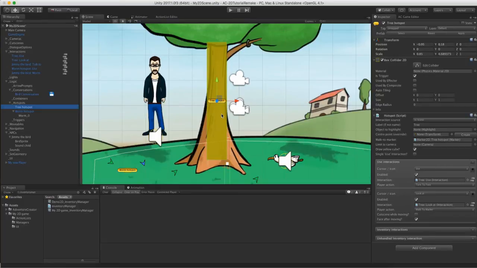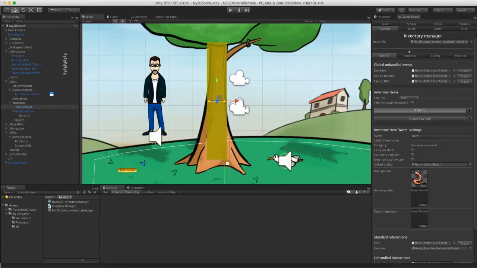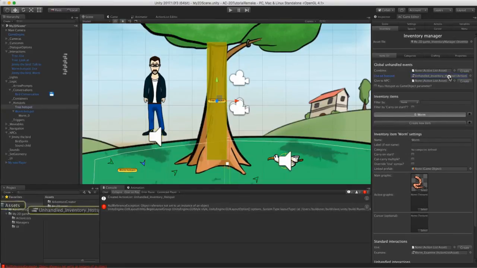If we drop the worm onto the tree, it's not really going to make much sense, so it doesn't really fit to create a new inventory interaction for this case. So instead, we can create a fallback interaction that will run if no other interaction is defined. We can do this in the inventory manager. We have these global unhandled events, and use on hotspot, if I click on create, we'll get this unhandled inventory hotspot,